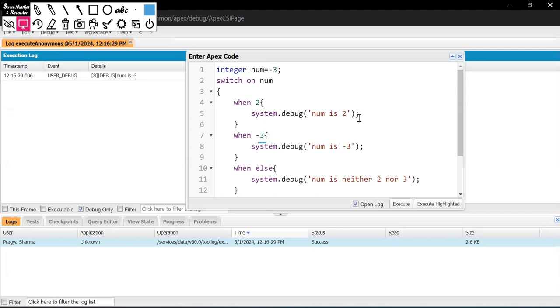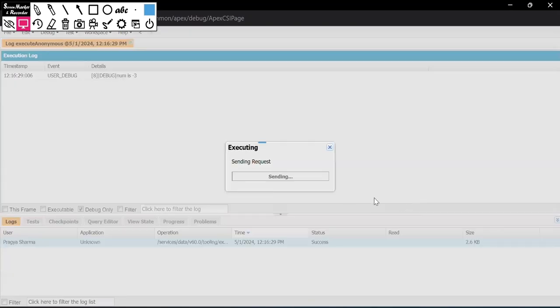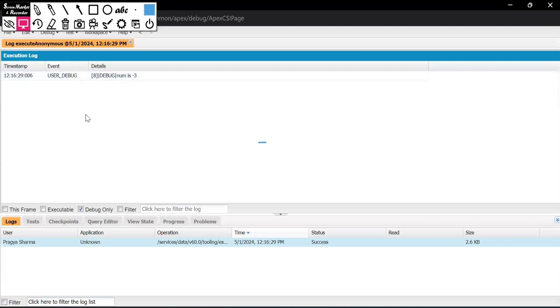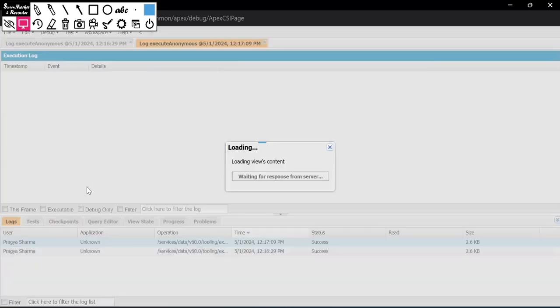Similarly, if you change this value to 2, then this block will get executed, because we are doing the switch on this expression and the value of this expression is 2. Okay, let's change the value to 2. Now this block will get executed. So now if I go ahead and execute, it will say